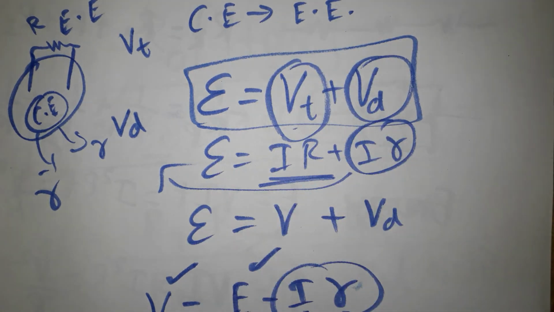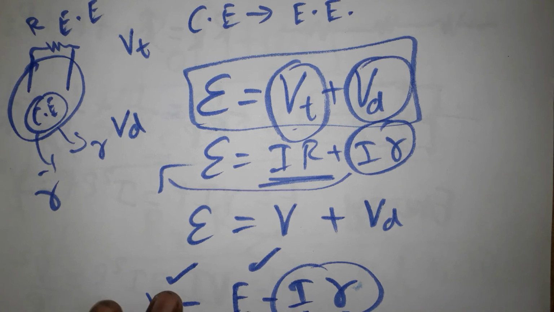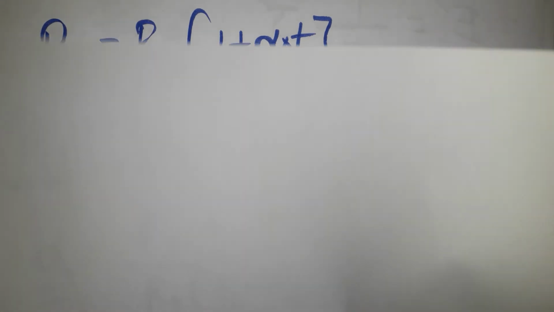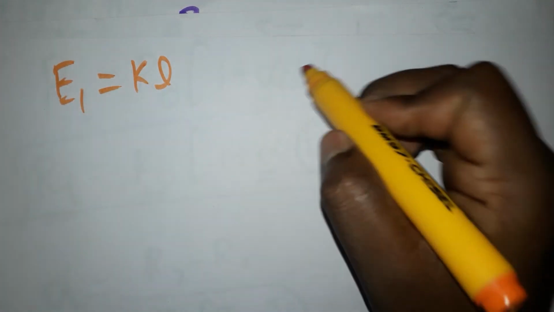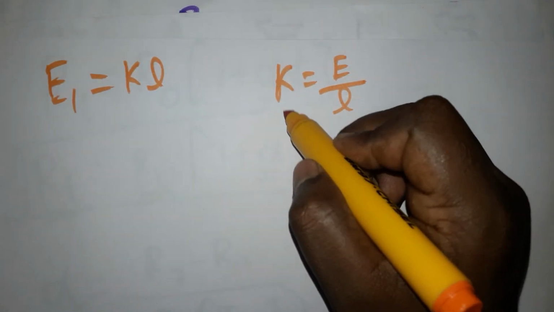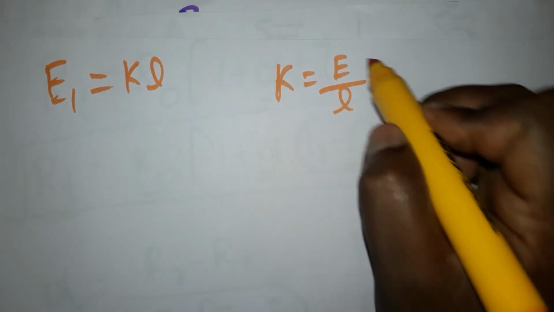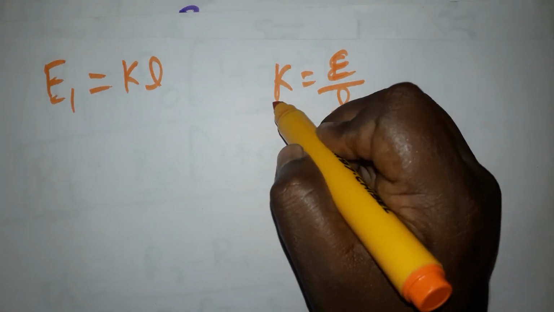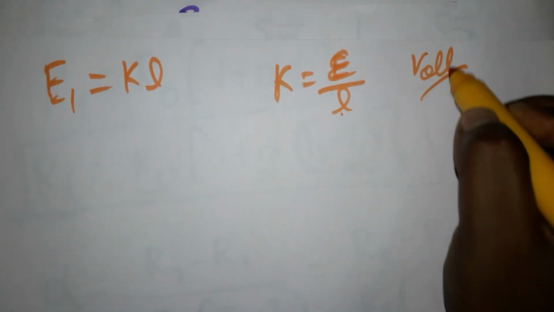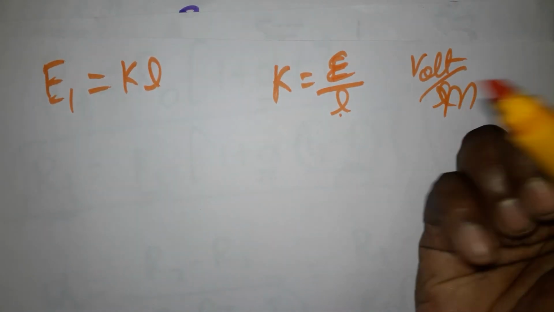The next thing is comparison of EMF using the potentiometer. What is the formula they are using? Comparison of EMF or finding the internal resistance of the cell. So comparison of EMF using a potentiometer: E is K times L, because K is equal to E divided by L, which is called the potential gradient. So E is EMF, L is length, K is potential gradient. The unit is going to be volt per unit length, volt per meter also we can take.